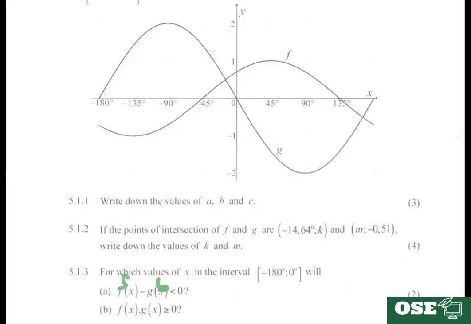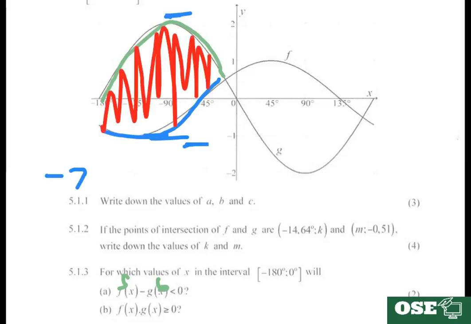Ne? And all you had to do is go to your graph and see where g of x is bigger than f of x. So g of x is here on top and f of x is here at the bottom. So if you subtract, for example, here we have -1, right? And here we have 2. If you say -1 minus 2, your answer will be -3, which is less than 0. Ne? So in this interval, your answer will be